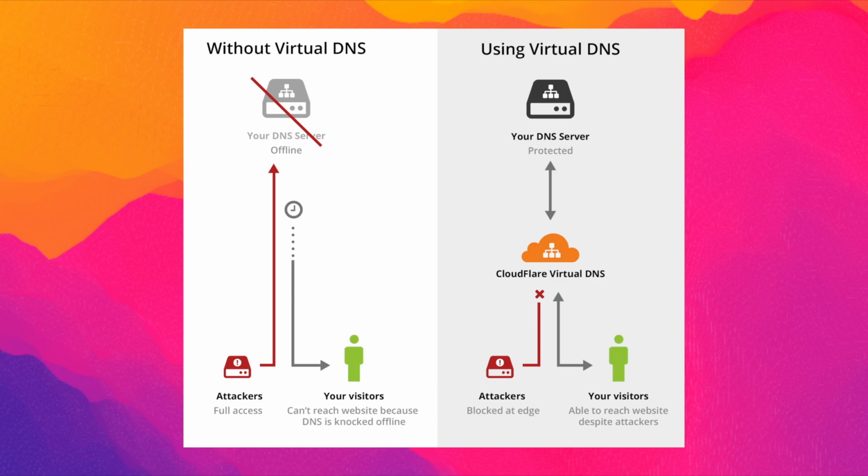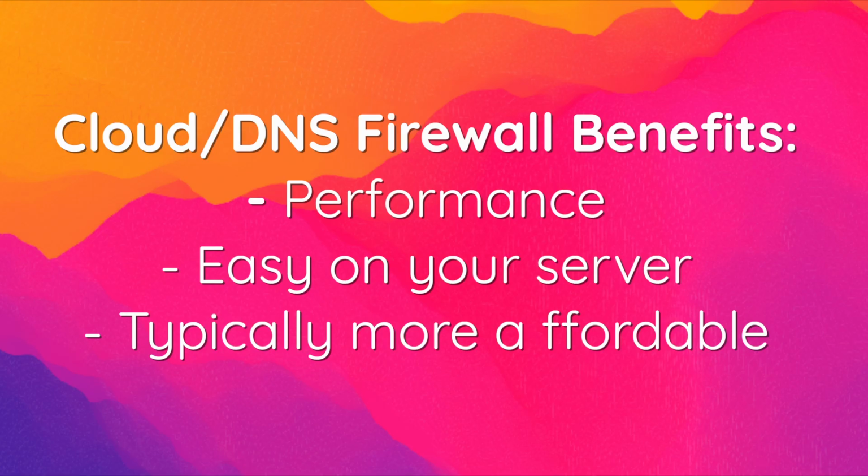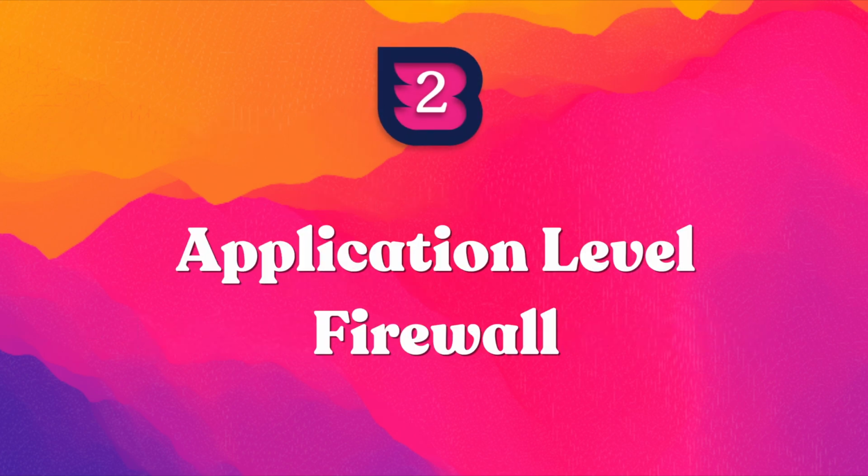Think of the process like this. Someone attempts to visit your website. Before they get anywhere, the DNS-level firewall stops them. Like a bouncer at a club, it checks the user's ID and any history that they have with being kicked out or blacklisted. Then, it grants or denies entry accordingly. Depending on how many threats hit your website per day, this could spare your server a lot of time with handling unnecessary HTTPS requests.